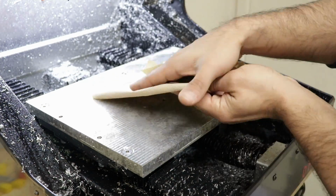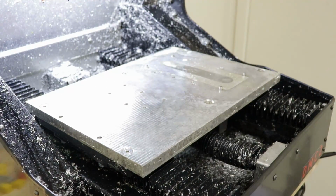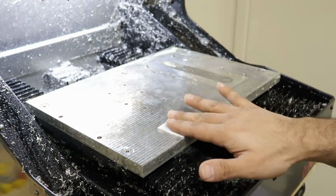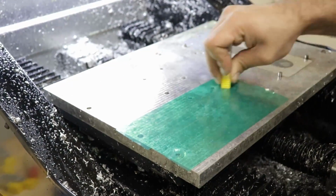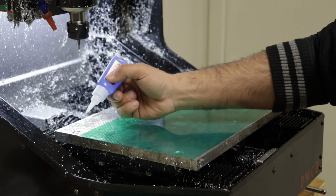I wiped down the CNC bed and then used some generic alcohol prep pads to wipe the surface clean and get all the oily coolant residue off. Once the surface is clean and dry, I can lay out the tape and press down to make sure it bonds securely to the surface. You can actually see the color change and darken a little bit with this green translucent tape, which helps. Next, I'm using superglue and spreading glue on the tape, and then quickly putting the stock material on and pressing